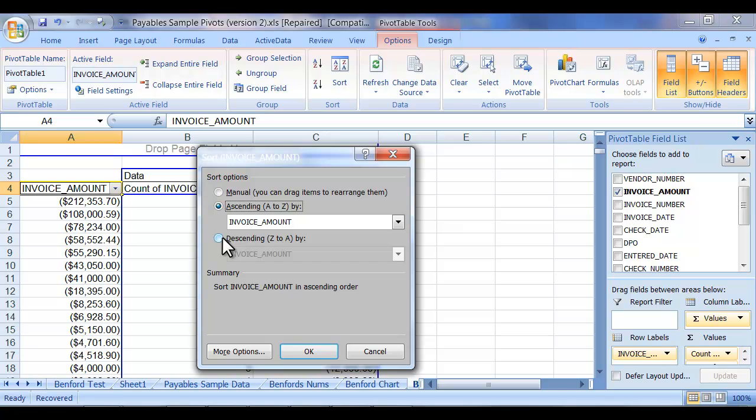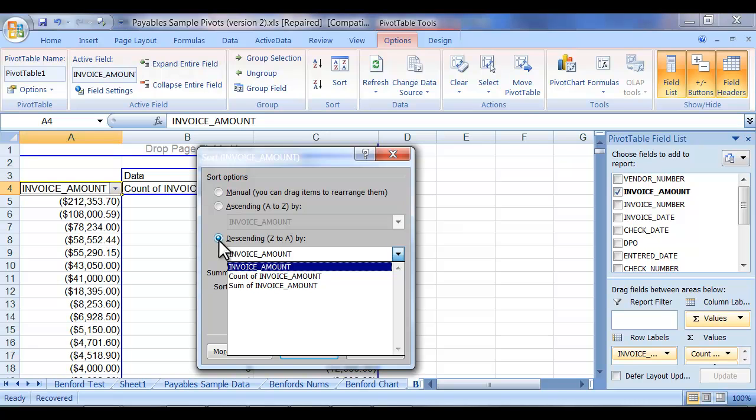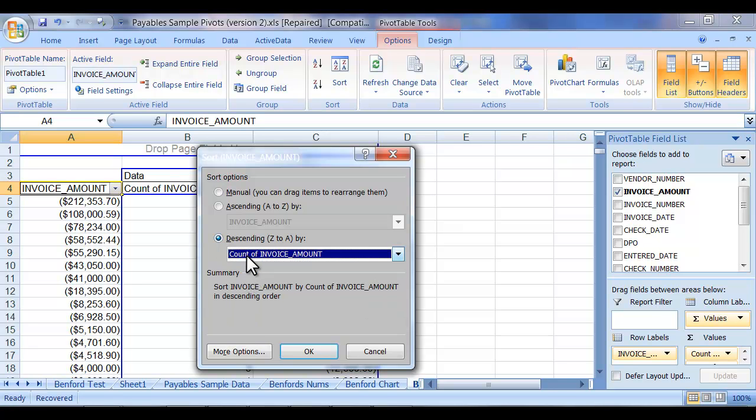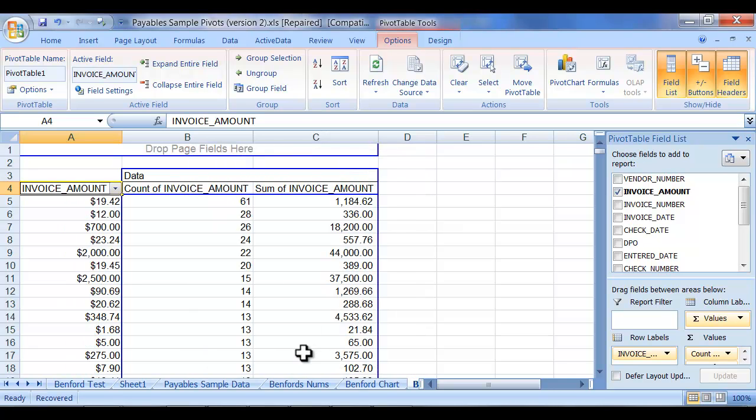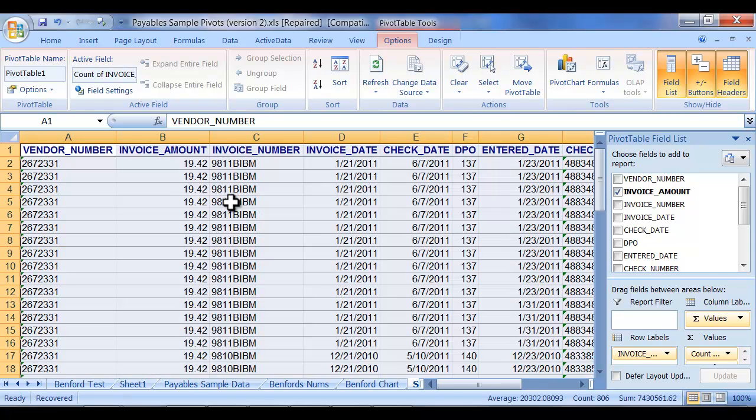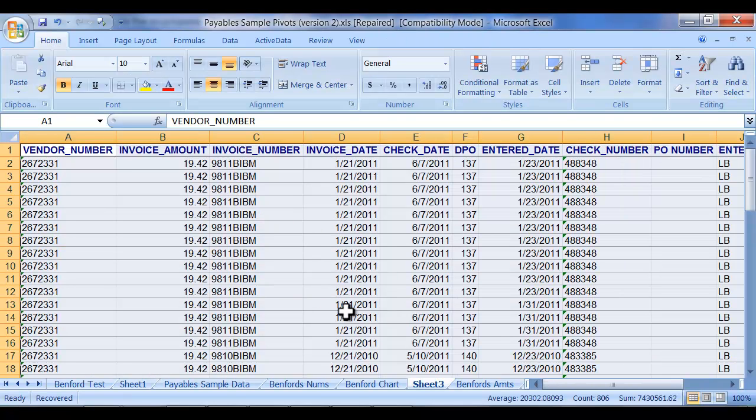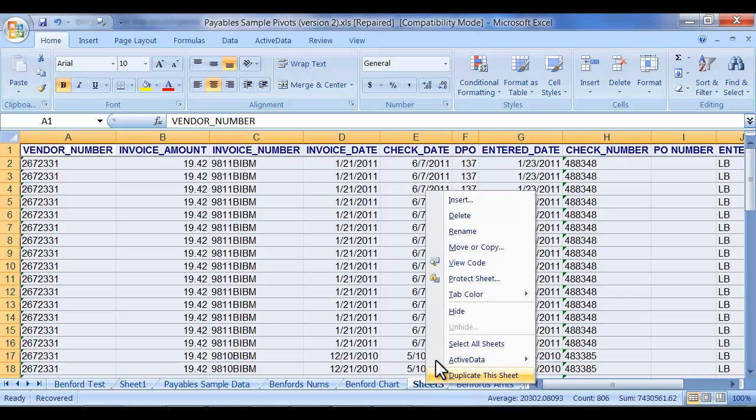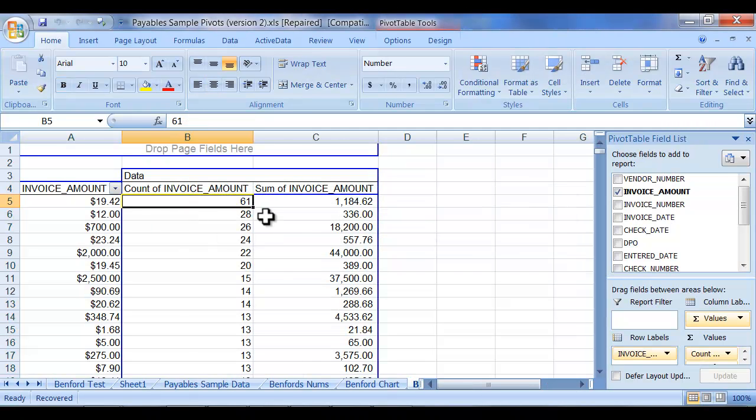And I'm going to say I don't want to sort by invoice amount, but I do want to sort descending by the count of invoice amount. And by doing that, I can identify the items that are showing up the most in this chart. And now that I want to look at that, I can double click on that pivot table and get down into the actual numbers. And I generally will pick samples for Benford's Law using this approach,